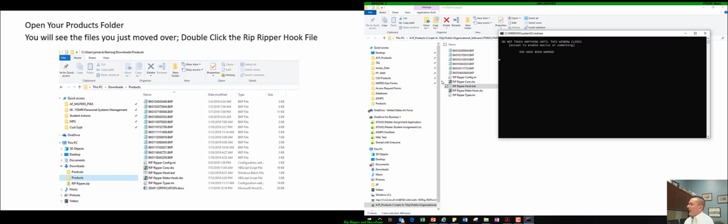But we're going to watch what happens in the background here, okay? Because it's going to create a folder called backups, where when it's done, it's going to remove the original files to that location. And then we're going to see some Word documents begin to appear. And they're going to have the type of RIP, the member's name, and things like that, okay? So we're going to keep watching it here. Everything's running fine,